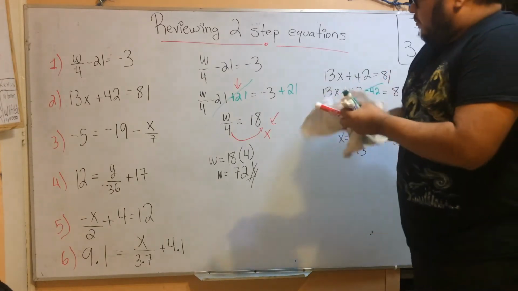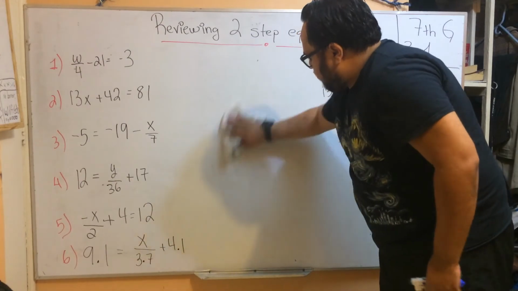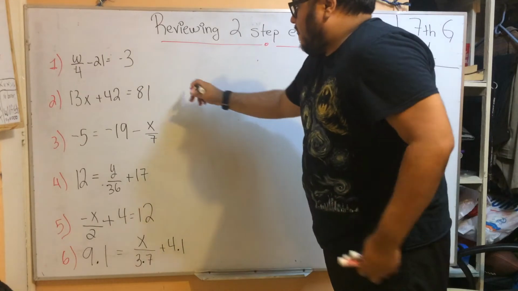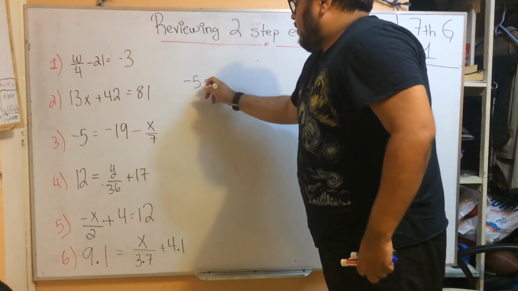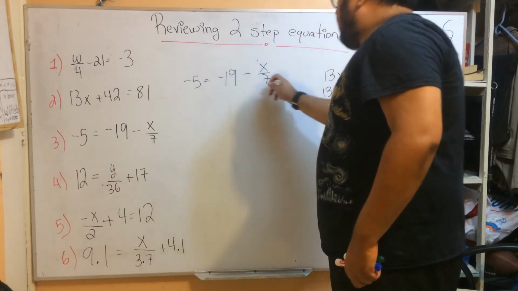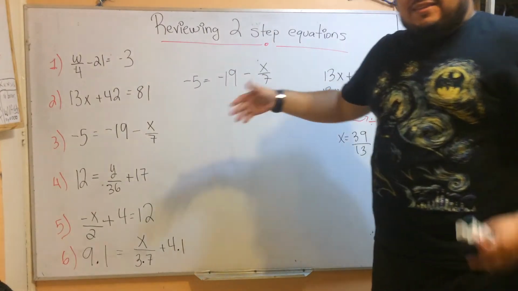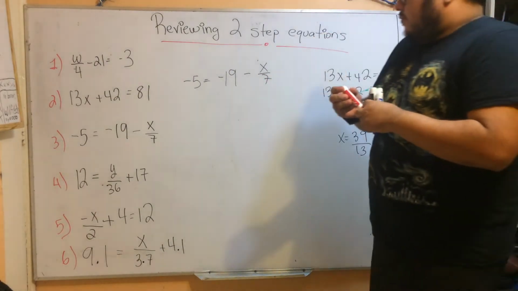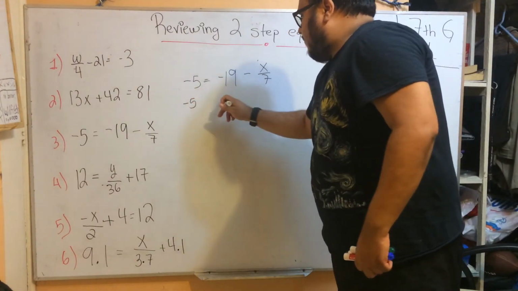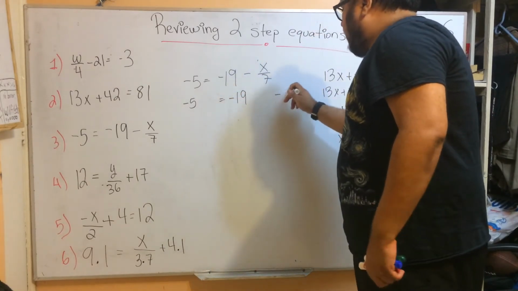Let me erase this one. Number 3 would be minus 5 equals negative 19 minus x divided by 7. So the first thing we need to do is try to eliminate the middle term so that we can solve. So we're going to leave some space and we're going to have minus 5 equals minus 19 minus